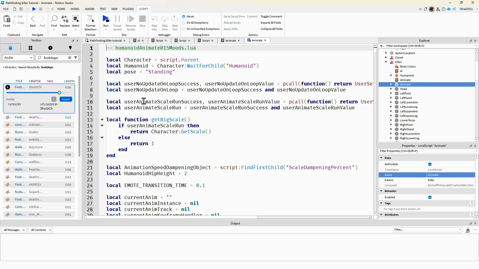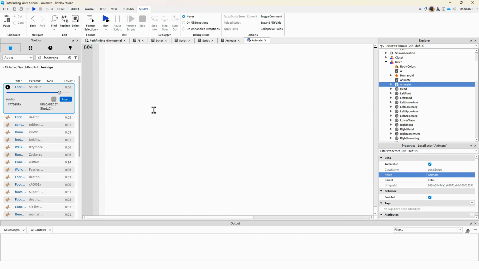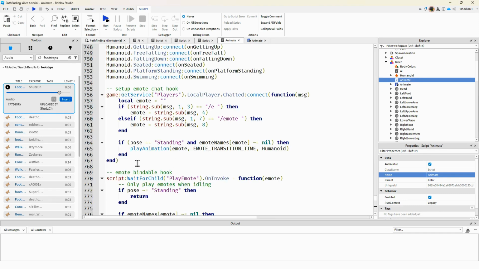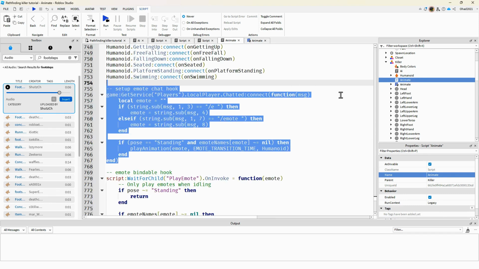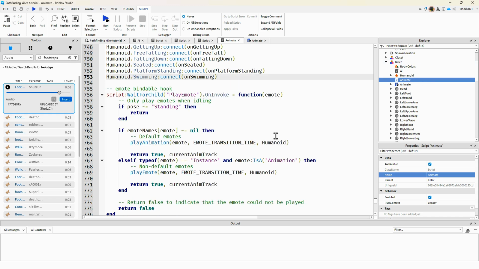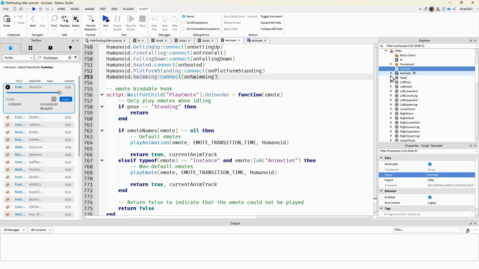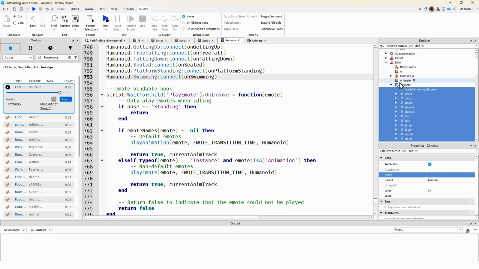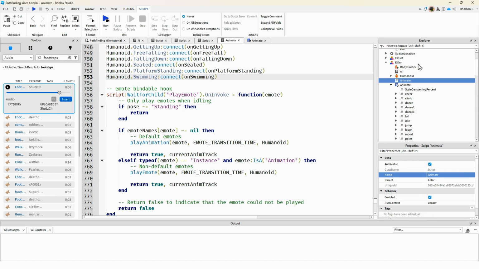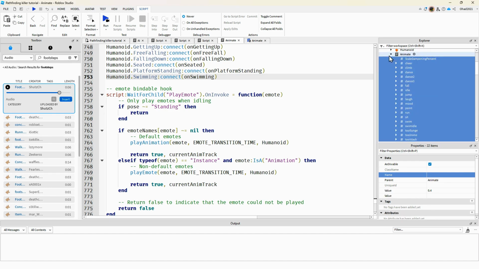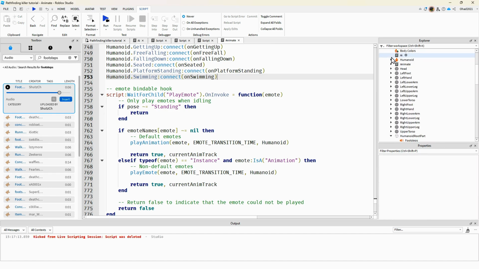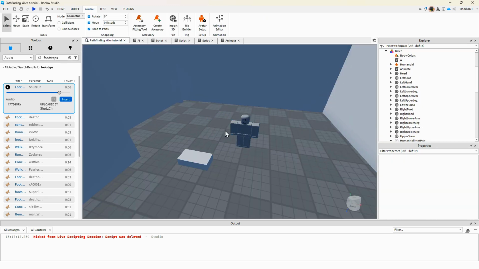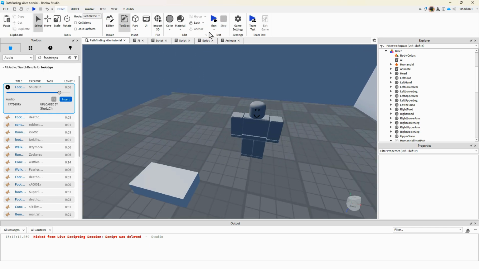You can go into the local animate script, copy the whole script, paste it. Now over here, you want to delete this part because it's getting the local player, but the killer does not have a local player. So yeah, you can copy everything in the animate script and then paste it into the server script and delete the other animate script. So now you only have the server script. You can delete the other rig, and now if you run the game,